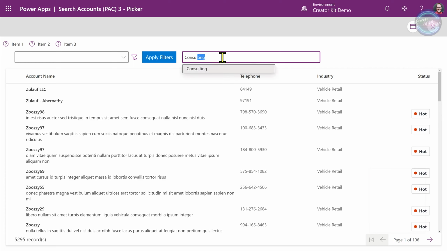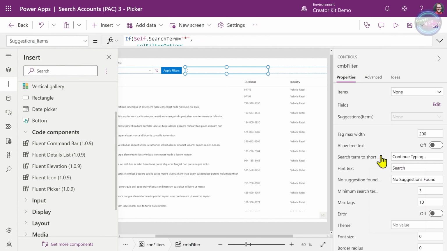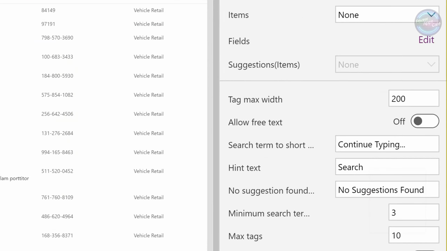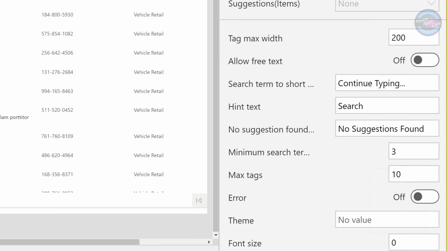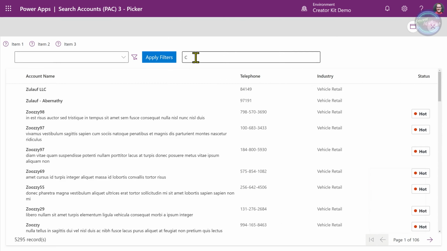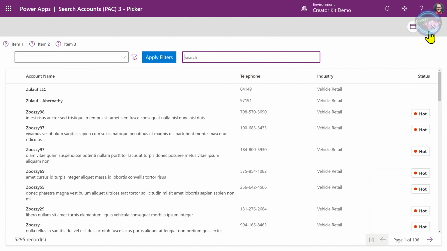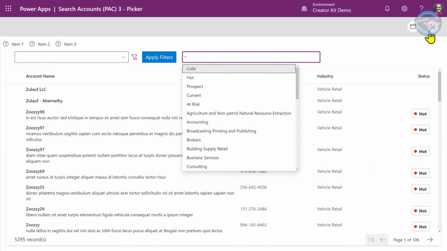There we go. Now notice if I just type 3, it's giving us this continue typing prompt. And the reason for that is because there's this property on here, if we go into the properties, which is the actual number, the minimum search term length. So you can see it's this, here we go, the minimum search term length. And so we've got it set at 3. So I'm going to set it to be 1. So at least now, when I type a single value, it's actually going to give us all of the items that have R in it. Of course, I can also type star, because remember our logic allows it.